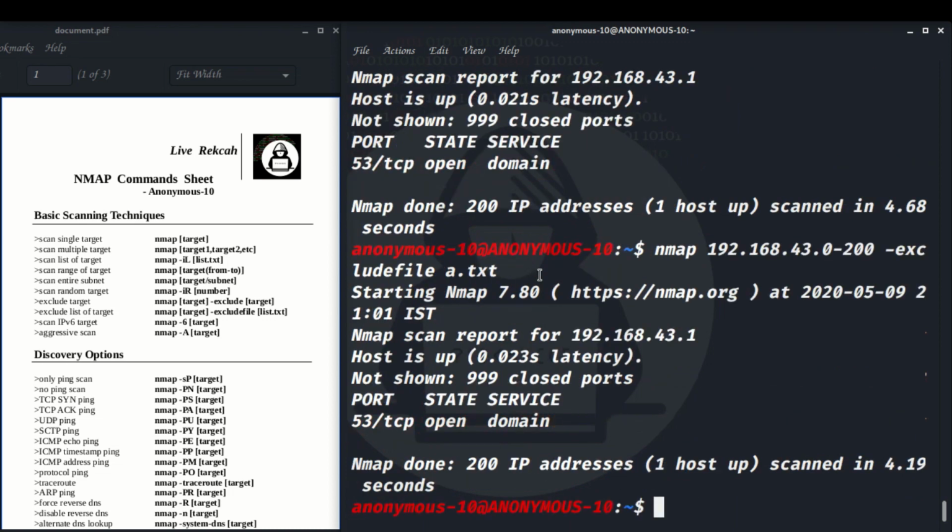Out of 200 IP addresses, one host is up. And here also it does not show my information, which means in this a.txt I have mentioned my IP address, and I said exclude file and gave a file name. It will search for every IP address present in the file, and if any IP address is there, it won't scan that IP address. That's all.